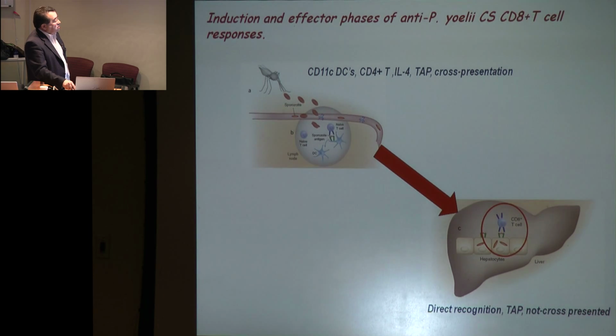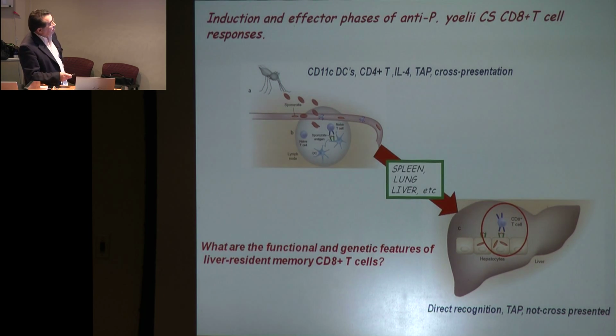Now, we know that one important aspect of this effect of the CD8 cell is that after being induced in the lymph node, around 2 days after priming, these cells in the lymph node acquire the capacity to egress, and then they can go into the spleen, to the lung, and importantly in the liver. And it's in the liver where these memory cells, which are called memory cells as such after 25 days or up to 30 days after immunization,